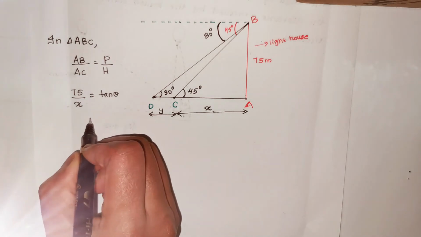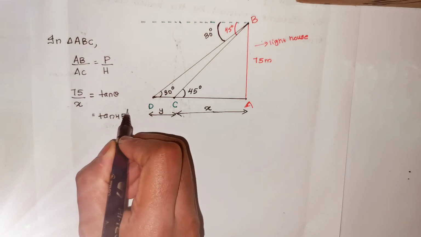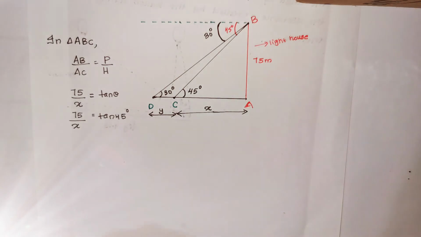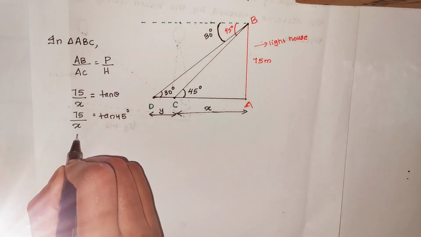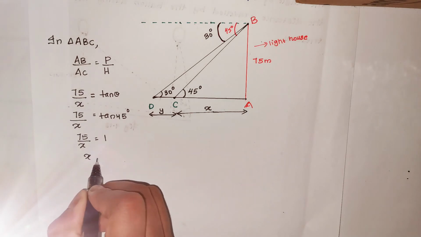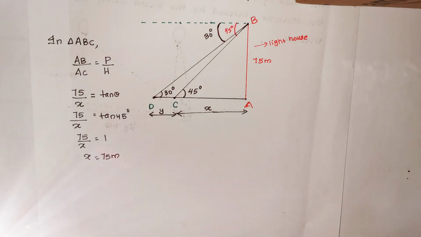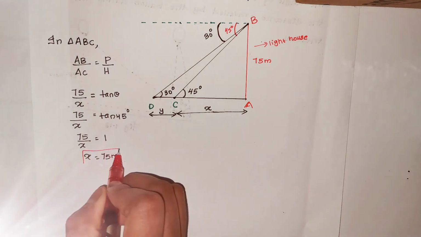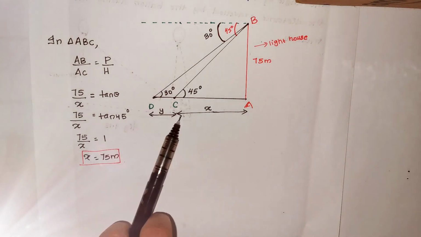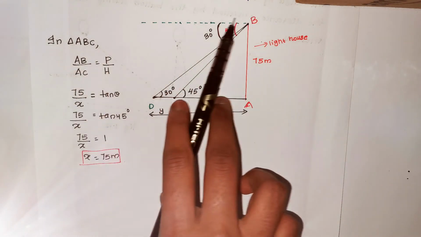So, here what is the angle? It is 45. So, I am writing tan 45 degree is 75 by x. So, tan 45 is equal to 1. So, 75 by x is equal to 1. So, x is equal to 75 meter. So, we got the value of x as 75 meter. Okay, this much we got, 75 meter. So, next